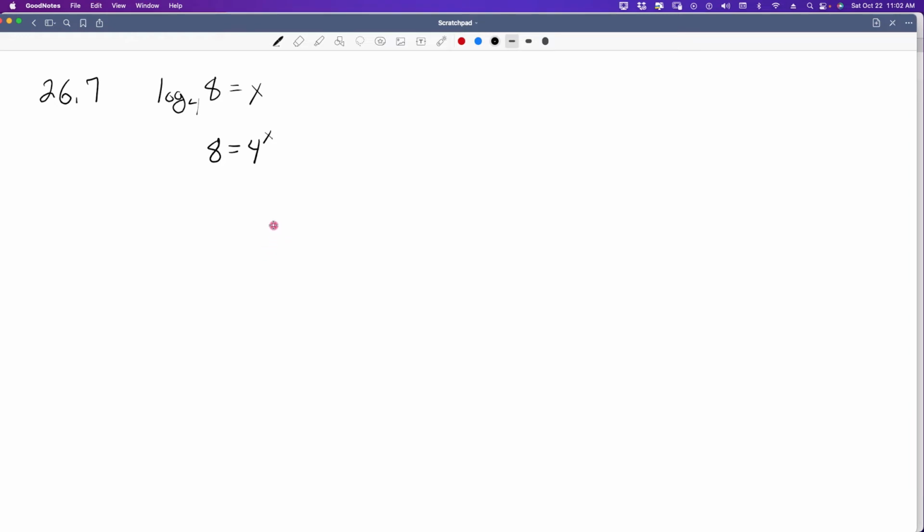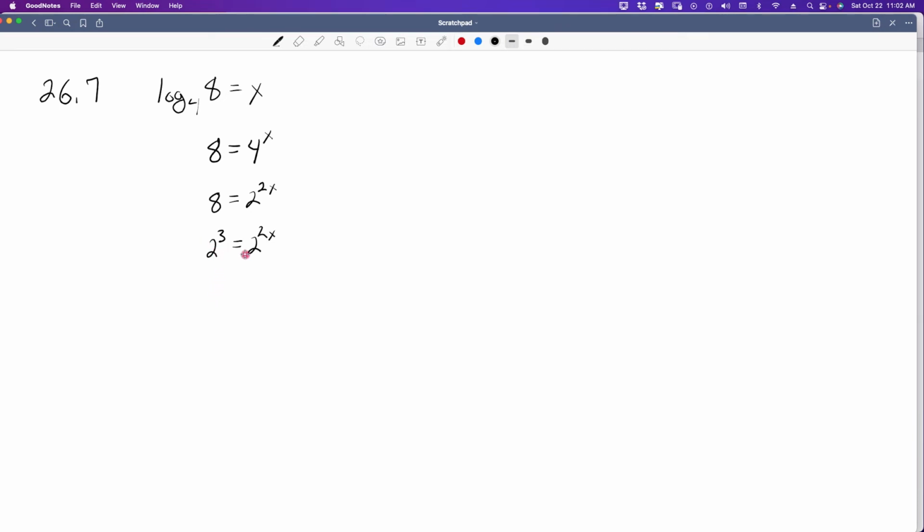Now this contrived problem can be solved if we see that we can actually rewrite this here. So 8 is equal to 2 times 2 times 2, which is 2 to the 3rd, and 4 is 2 squared, so we get 2 to the 2x. So we have to break this down, and then we need to break this down too so that we can solve for this. So we want to get the same base. We want the bases to be equal. So this is going to be 2 cubed is equal to